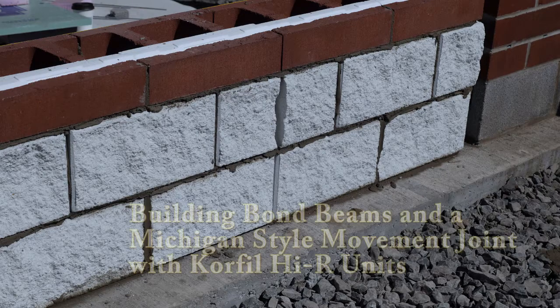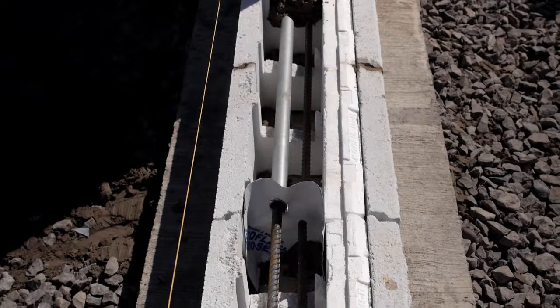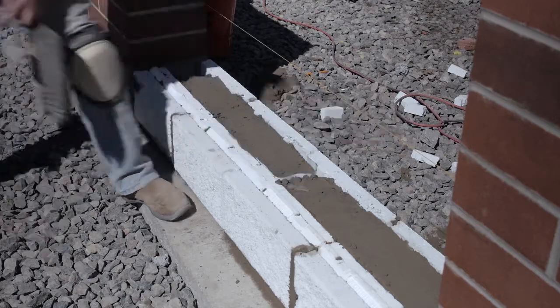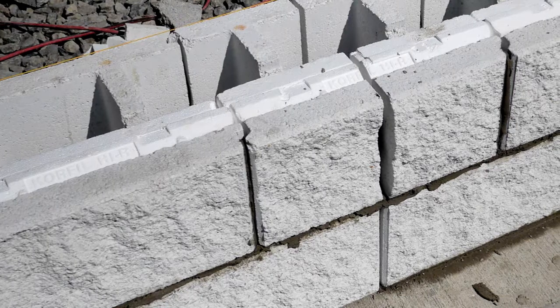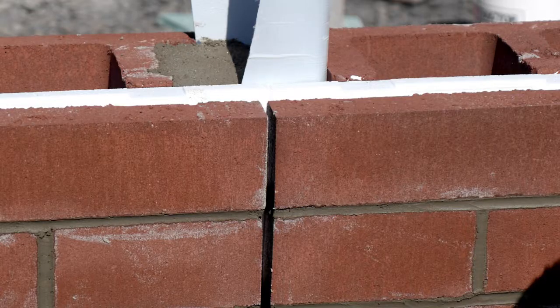In this video, we are going to demonstrate how to build a bond beam and movement joint using Core-Fill High-R units, using what is called a Michigan-style joint. The advantage of this approach is that it allows us to build the joint without sacrificing the thermal properties of the pre-insulated Core-Fill High-R units, as we would have to do if we used conventional masonry units at the movement